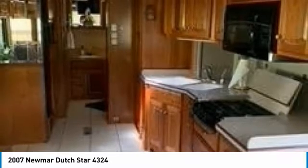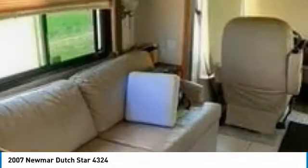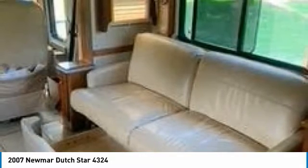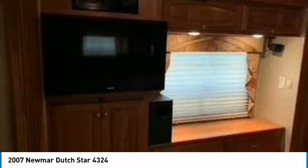This 2007 Newmar Dutch Star 4324 is ready to become your next home away from home. This luxury unit has been outfitted with exceptional amenities to ensure that you experience top-quality residential living right on the campsite. Highlights of these features include Spartan chassis, great cooking area with 3-burner stove and large microwave/convection oven, Norco 4-door refrigerator/freezer/icemaker/water dispenser, double kitchen sink, dinette with chair seating,